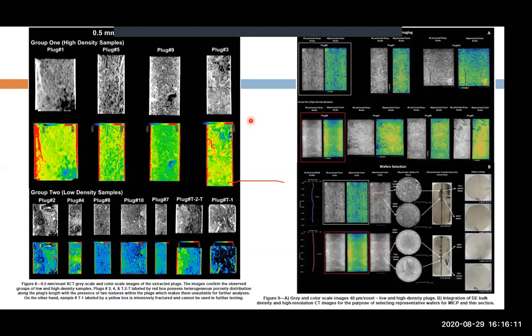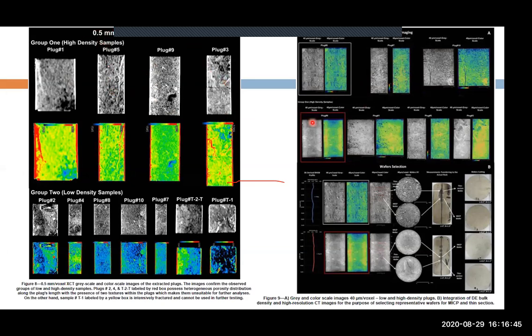And then we can move forward to the real extraction of the plug, and then we perform a higher resolution acquisition here with 40 micron per voxel. And with this acquisition, we can take a look at some regions. If you have too much high density material in one region, you can avoid this region, or you can select a different region to perform the higher resolution simulations that we want to do. Yeah? So this kind of